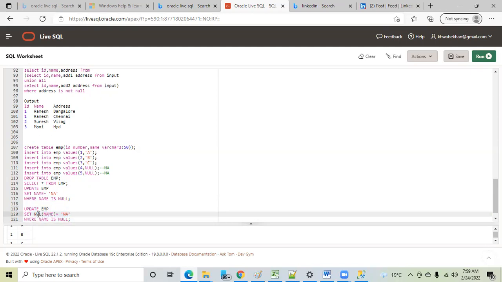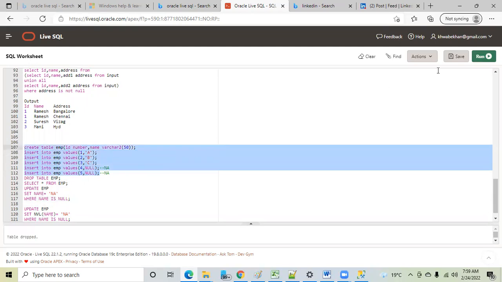No. See, NVL is used whenever you're using a select query. Let me show you this one. NVL function is different, guys. Suppose I'm visualizing this again. The table is created.